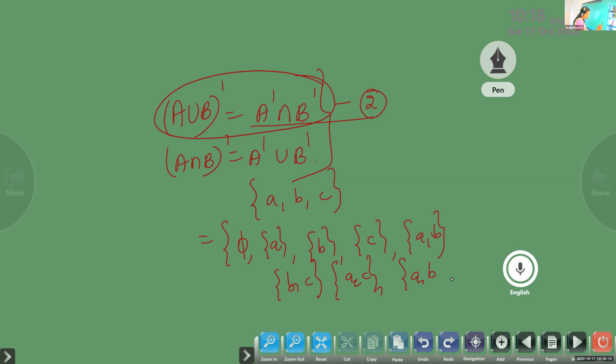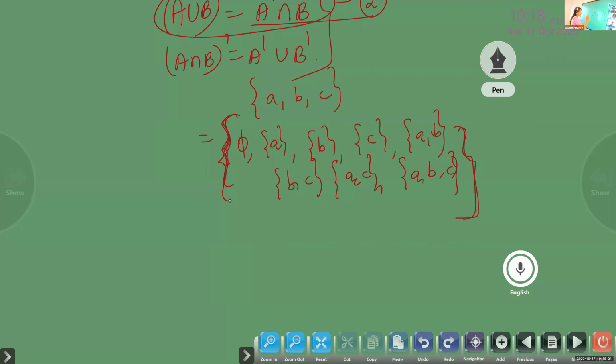All those things we have to write within one big set bracket. Power set. This is a set. We have to enclose all the subsets within the set bracket. Some of you wrote only like this, without the bracket. And I don't know who it is, someone wrote with 1. Either the question is ABC, power set is written with set 1, set 2, set 3. Question based on 1, 2, 3.